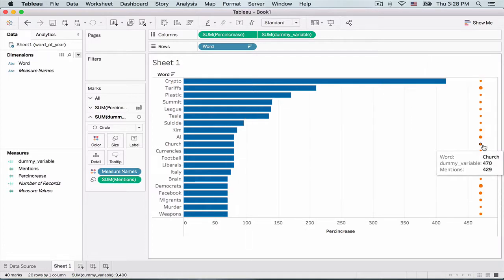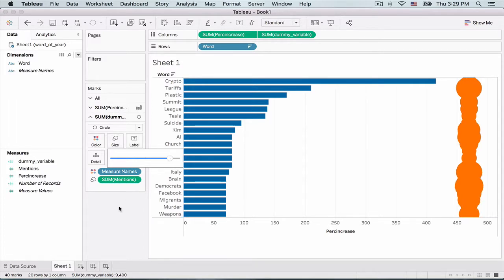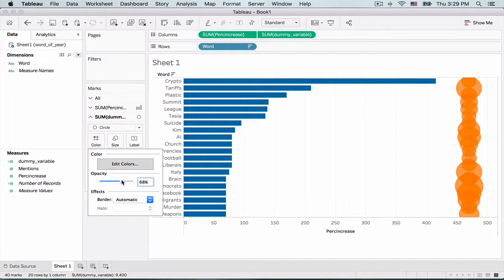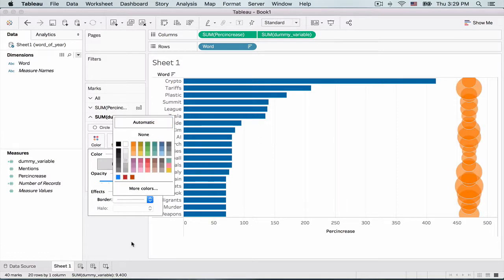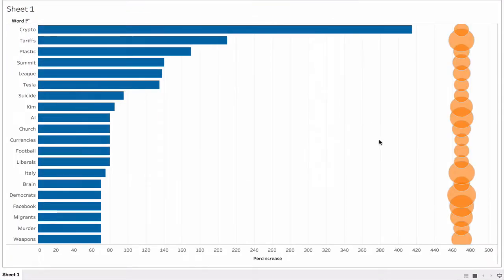Let's first hide this card. And now let's try to tweak the size so that we are happy. In addition to size, we will also play with the opacity of the bubble, as well as give it a border, an appropriate border. So let's view this in entire view mode and tweak these parameters till we get an effect that we are